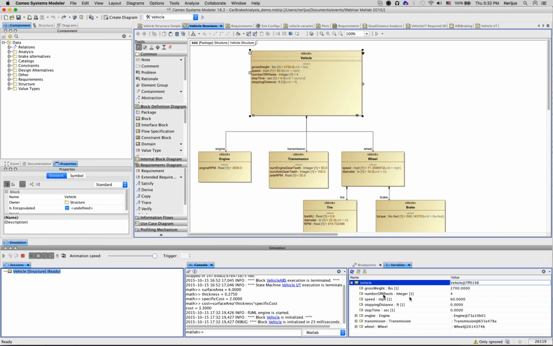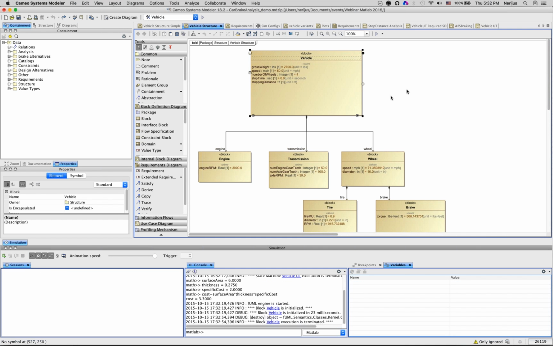And in the variables panel, you see my vehicle is instantiated. I see all my vehicle properties here, and values. I can change values, but nothing happens because I have no constraints. My value change is not related to any other property. So then what I do,